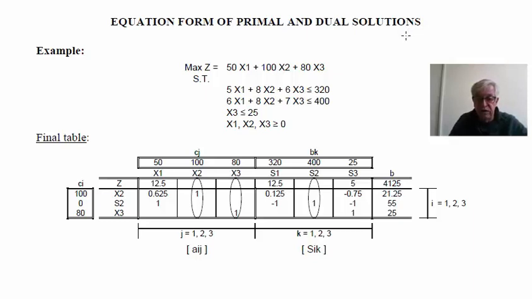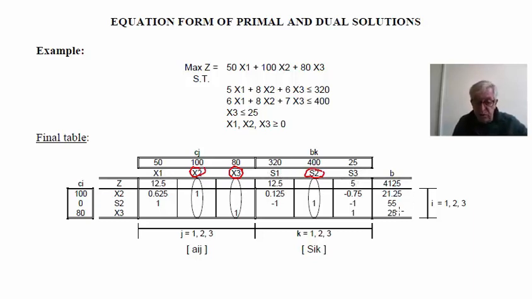To illustrate these equations, we are going to use an example. So we have a linear programming problem, a problem involving three decision variables and three restrictions of the less or equal type. And we already present here the final table, the optimal one. So in the final table, we can identify the basic variables by the unit vector. So we have here x2, we have x3, and s2. So these are the basic variables. That is, the others as x1, s1, and s3 are the non-basic ones.